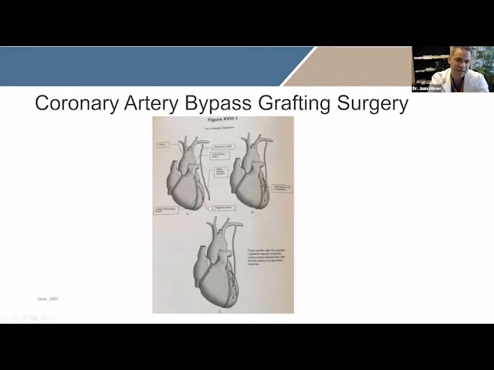But the first technique that he developed was not making a connection with one vessel to another vessel. He just basically took down the vessel and buried it in the muscle of the heart. And he noticed after 2 or 3 months, by doing studies, that there will be little blood vessels forming from where the blood was coming through. And that way it will vascularize that area. So that's kind of how it started.